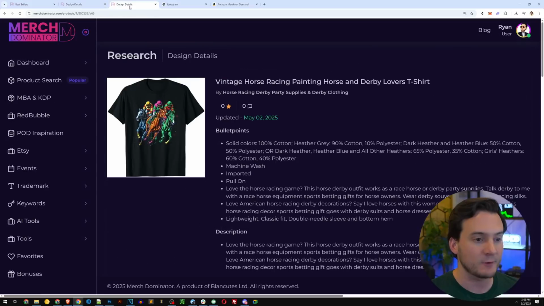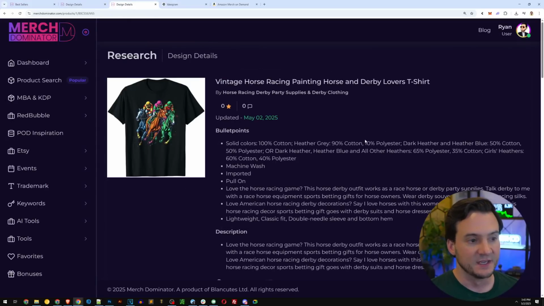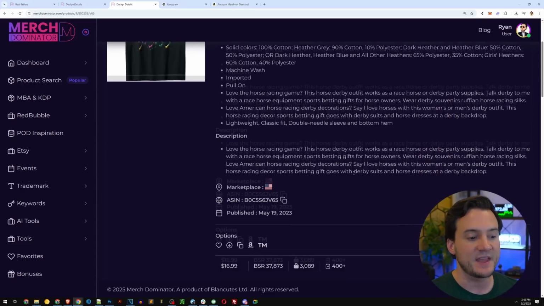That is the dream. Now I went ahead and I selected this really cool kind of like vintage, colorful, Kentucky Derby inspired design. Now we're not going to say Kentucky Derby, but we know why it's trending, because the Kentucky Derby is in the beginning of May, okay, for the horse racing lovers. And we're going to go ahead and remix this design in ideogram,